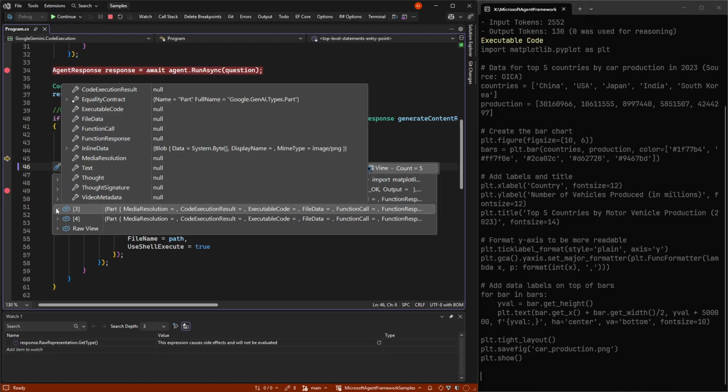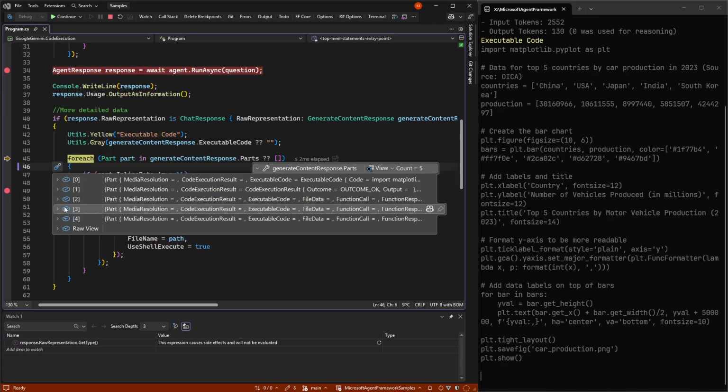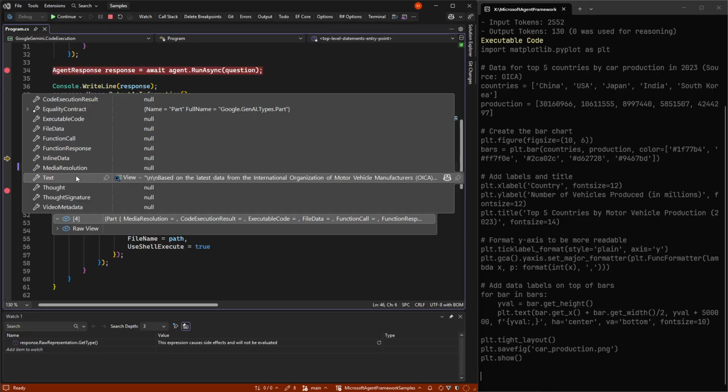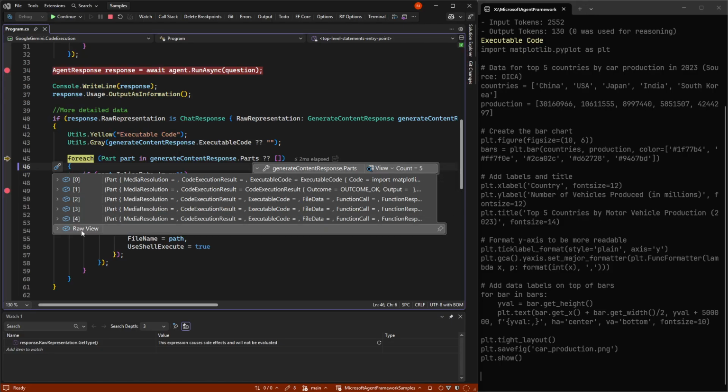It seems to also have a bug that it gives that back twice. I have seen sometimes that it gives it back once and sometimes it gives it back twice. In our case, we get it back twice, so you need to take that into account if there are multiple images and you didn't expect that. And the final one is actually the text coming back.